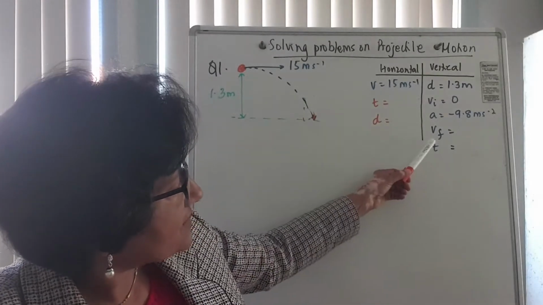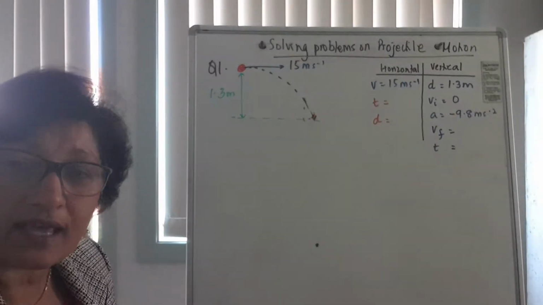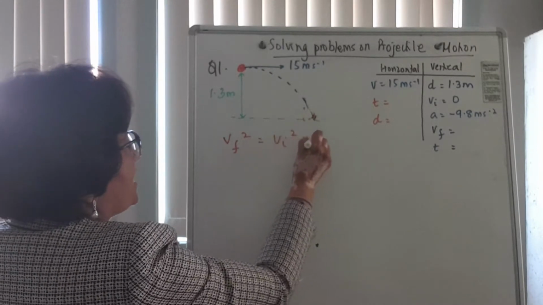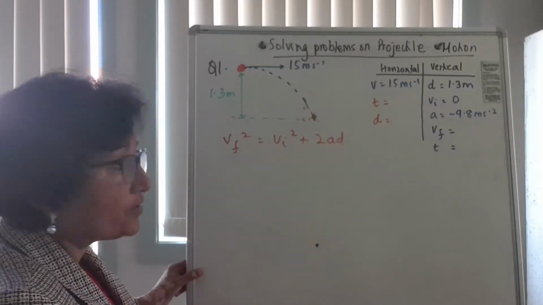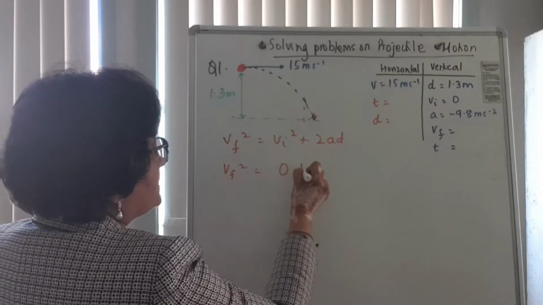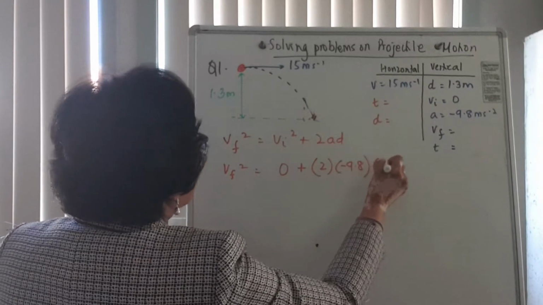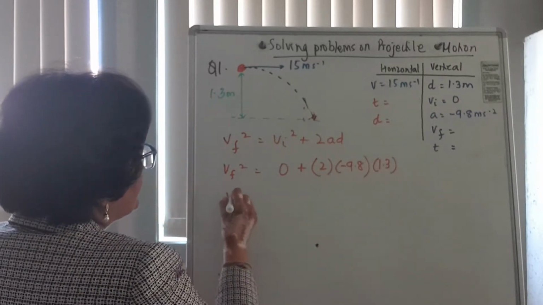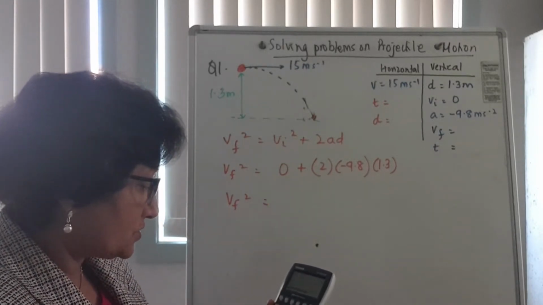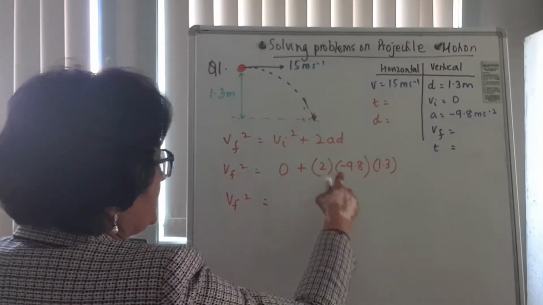Now, the first thing we have to find out is the final vertical velocity when it hits the ground. And in order to do that, we use this equation, Vf squared equals Vi squared plus 2Ad. Okay, the only thing we don't know is Vf squared, and Vi is 0, so Vi squared is 0. So plus 2 times negative 9.8 times 1.3. Okay, so when I put all those numbers in the calculator, 2 times 9.8 times 1.3, I get 25.48, and I get negative